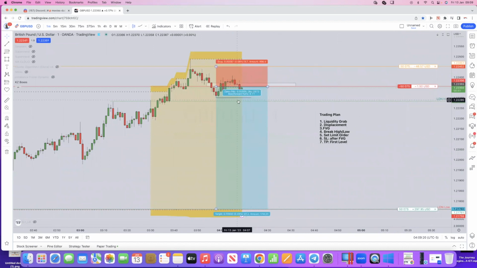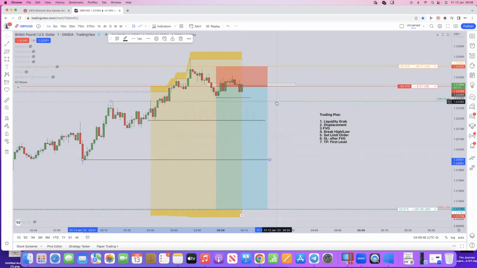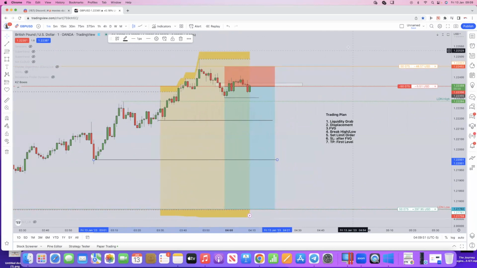So we could have a first take partial there. You could have, let's see, this area. You could move your stop loss to just above break even. And possibly on here, you could have another take partial, you know. So I'm going to let the trade run again. We might come out and get stopped out, to be fair. The pause video will be back in a short while.